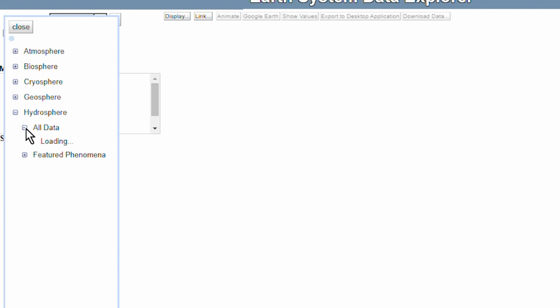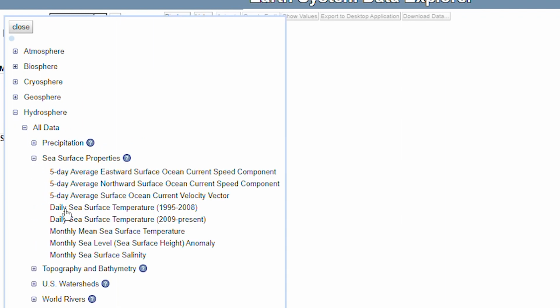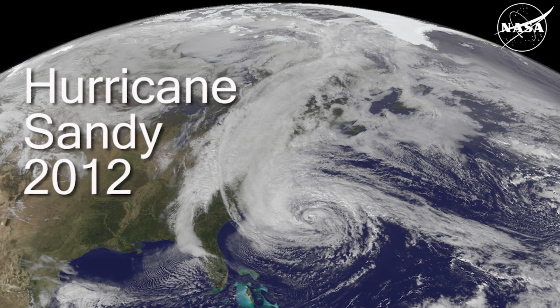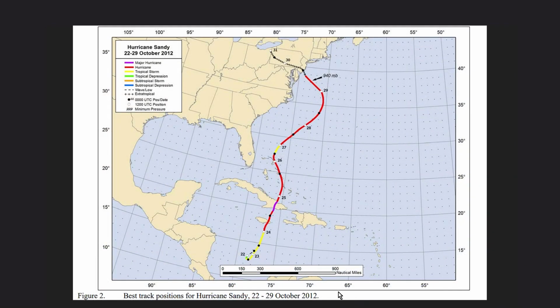As an example, let us say we're doing a research project on a storm from within the last few years, and maybe a storm that would be relevant to our research such as Hurricane Sandy. So, for example, let us say we've done our research, and we recall that Hurricane Sandy occurred in October 2012. This storm displayed a very unique path in how it moved. It started as a tropical wave from the west coast of Africa on October 11th, and then it passed the 74-mile-per-hour sustained wind benchmark that hurricanes must pass to be considered hurricanes, right about here just off of Central America.